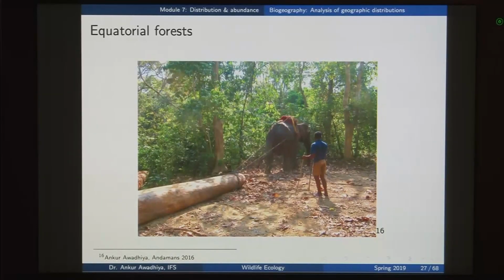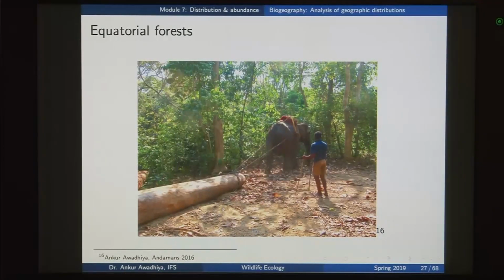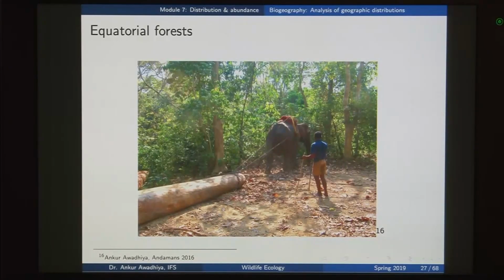Typically, the trees that you will find in this area will be very large. So, there will be very tall trees. You can see this log that is being moved by this elephant. Now, elephants are not naturally found in this area, but elephants were brought to this area to help in the logging operations. Now, in the case of equatorial forests, because these are close to the equator, you have a large amount of sunlight that is available for the growth of the vegetation. So, you have ample water, you have ample sunshine, you have a fertile soil,